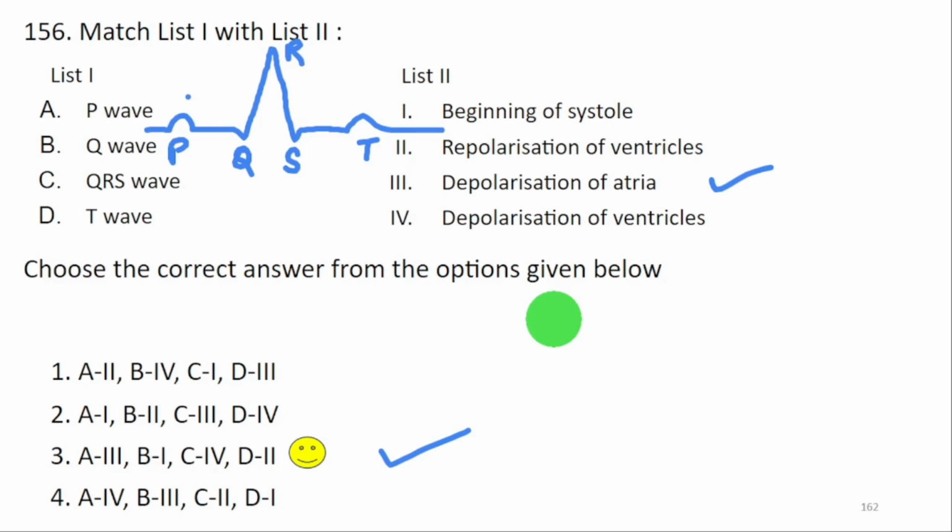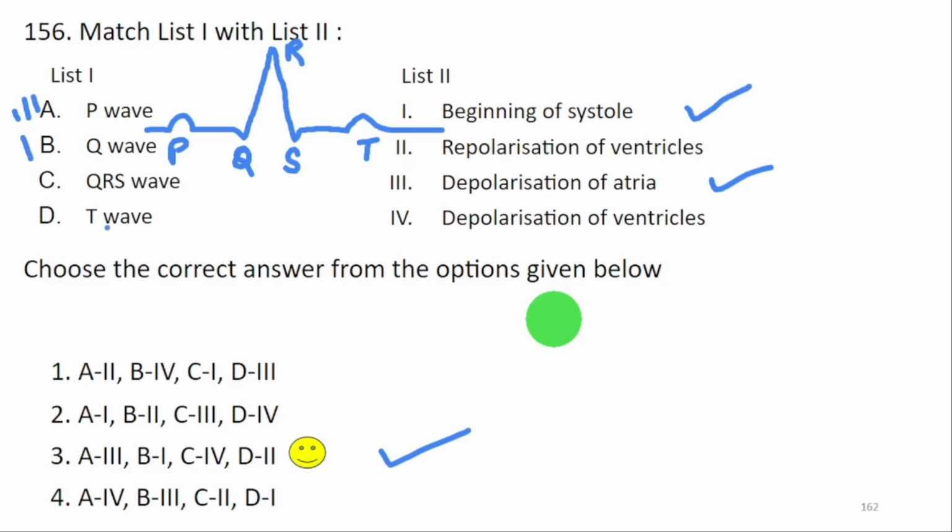So at this step, the depolarization of atria occurs, but the contraction, or what we say the systole, begins at this point because there is some delay, and the reason is electrical impulses travel faster than actual muscular contraction. So Q wave will correspond to the beginning of systole. So A is 3,